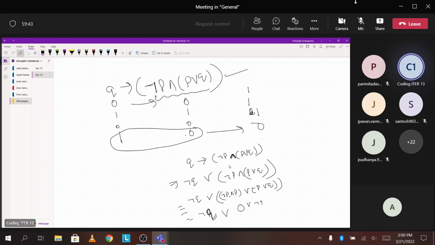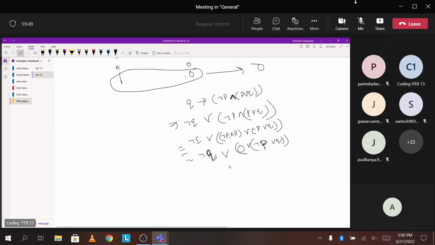And negation of P or Q. That is 0 or this one, so obviously this one only. So negation of Q or negation of P or Q. So this becomes negation of Q or negation of P or